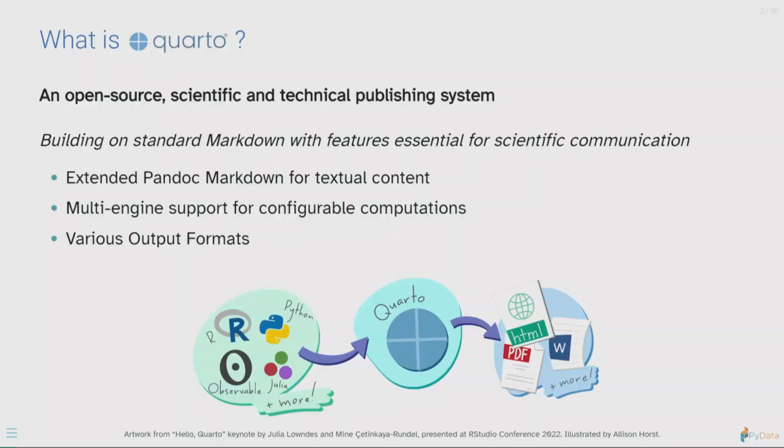So what is Quarto? Quarto is an open source scientific and technical publishing system. It builds on standard Markdown, but with more features targeted to scientific communication and technical writing. And so it extends the Pandoc Markdown syntax for textual content, for anything you want to explain and say in your report document. But it will add support for engine and computation. And so it has multi-engine support. One of them is the Jupyter engine. And it will allow to produce various output types, output formats,